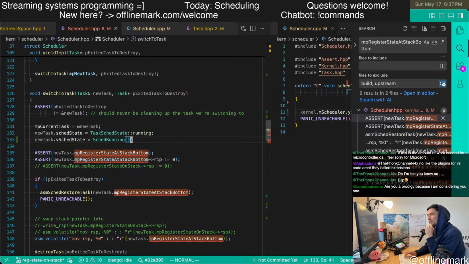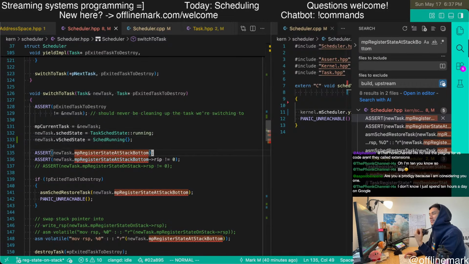Here we set the state to running, but we still need to use these two things.